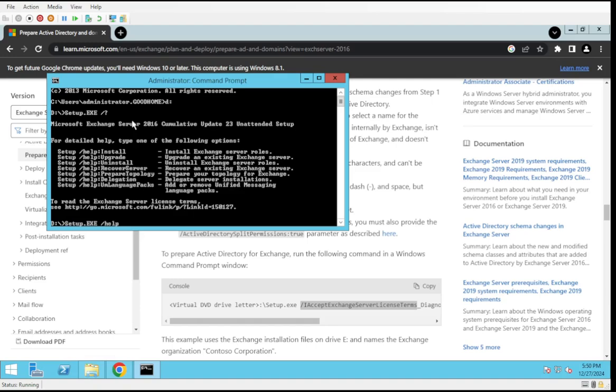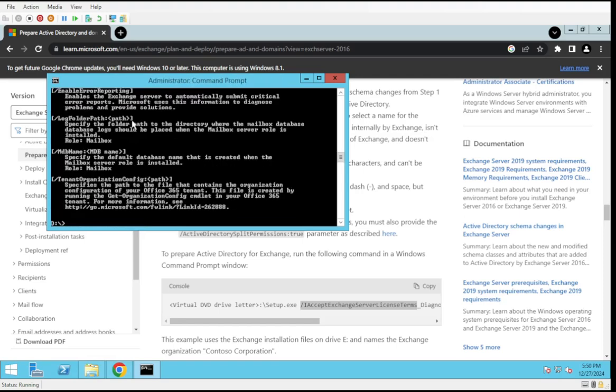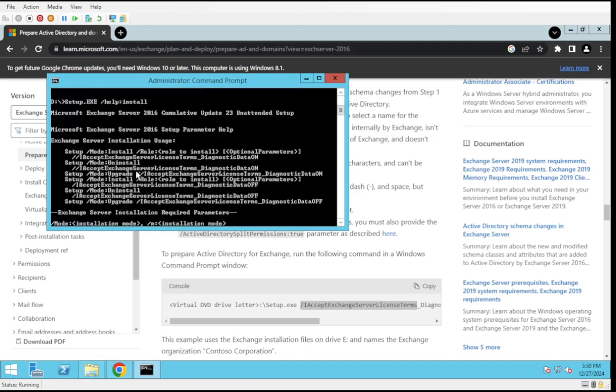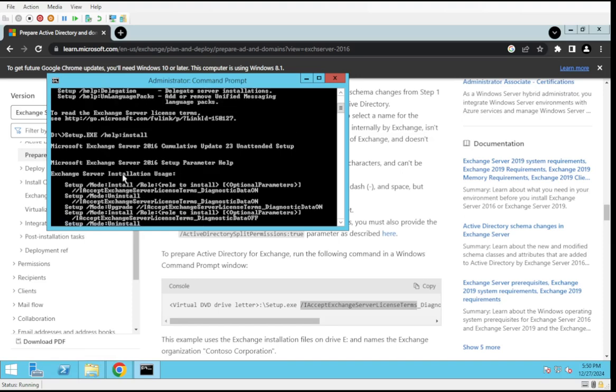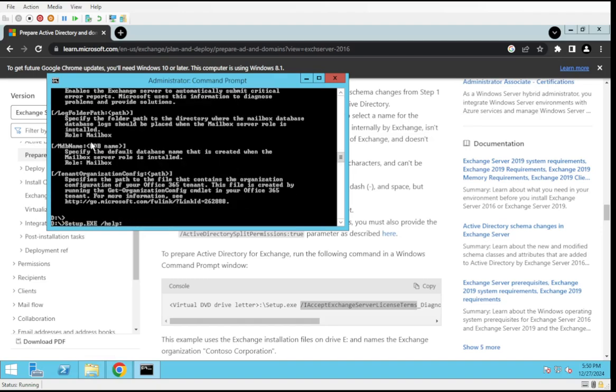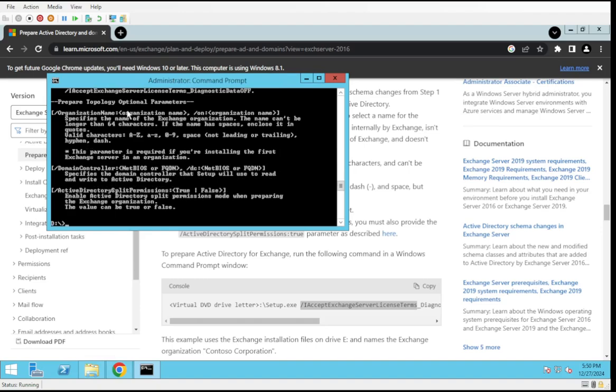So help install, and that's the install, and all the things that you can do. For us, we are going to need the one for prepare topology. So prepare topology. And so this is the things that you need to do to get this up and running. So with that said,